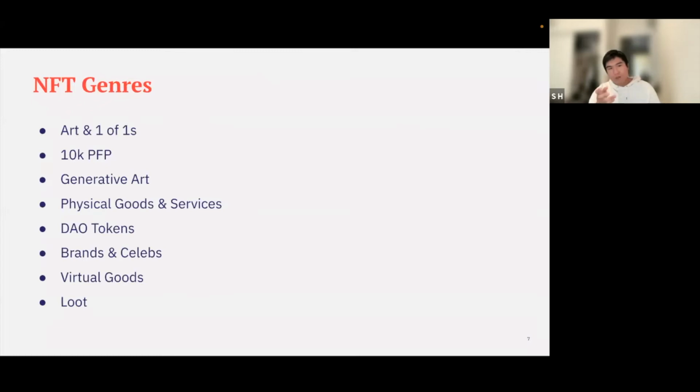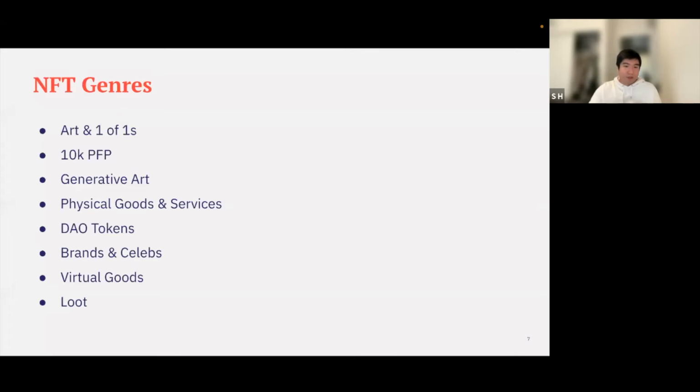And alluding to what I talked about with marketplaces, there are some different genres, right? Art and one-of-ones, individual artists. We have obviously the 10K PFPs, like 10,000 monkeys, 10,000 cats, or different sorts of animals. We have generative art, like Art Blocks, where people put code on chain, and that on-chain code generates a piece of art, which is also very, very interesting. And we've seen NFTs with real life utility, right? I've seen people buying a Washington Wizards NFT from the NBA team, and then shortly after they ship you a Washington Wizards jersey.